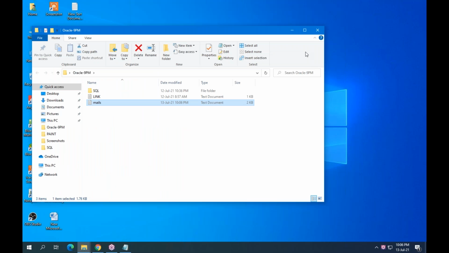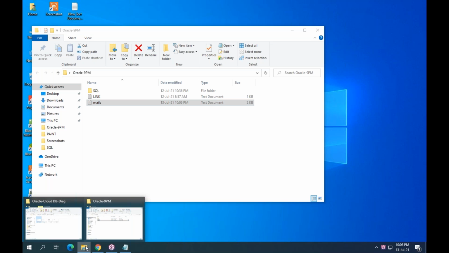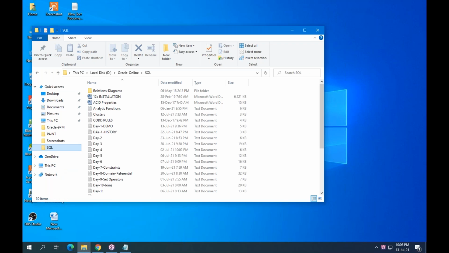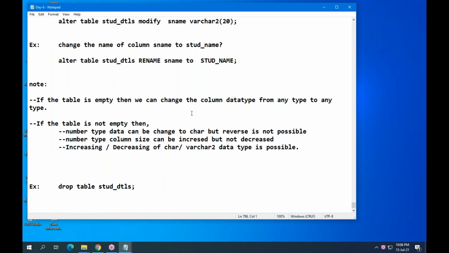Do you provide the questions as well, like interview questions and problem solving questions? Yes. Every day, at the end of the day's document, you will find them. Suppose these are the days we are discussing. Let me open the 6th day document. Go to the end.